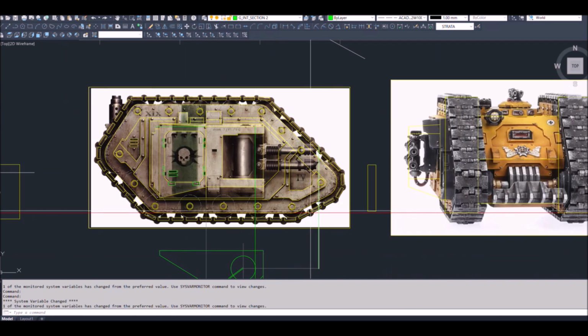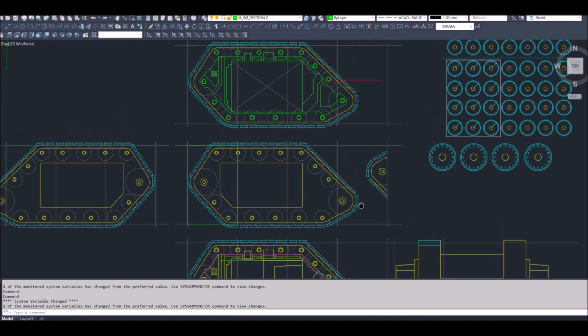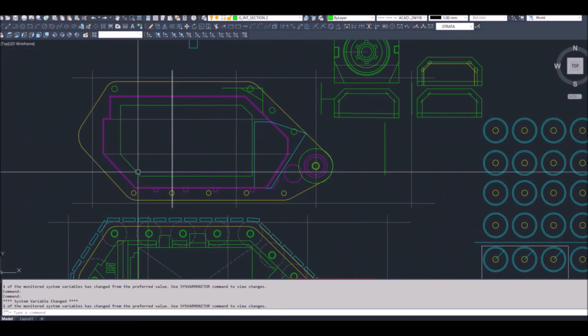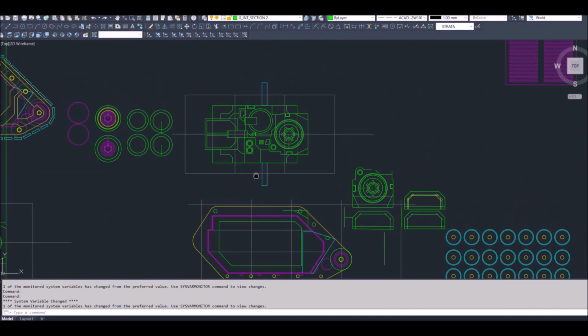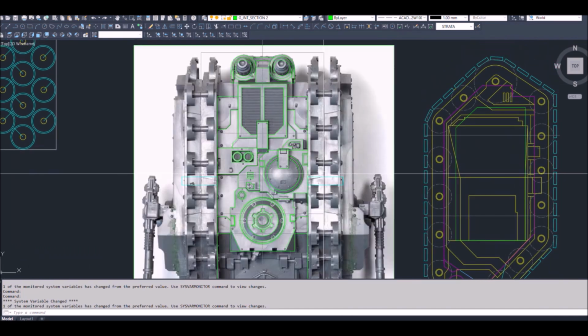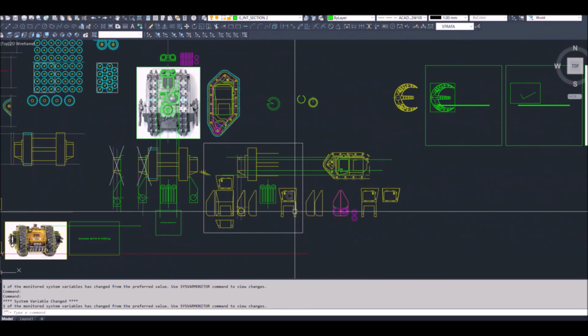The first thing I did was to find an elevation of the Land Raider tank and then trace it in AutoCAD. I only got an elevation, so for the rest of the elevations or the plans, I needed to best guess and draw them up. And I think my guesstimate is pretty good. And I also drew all the elements out